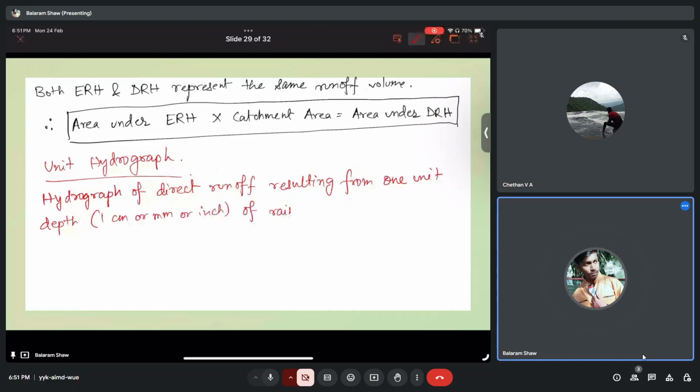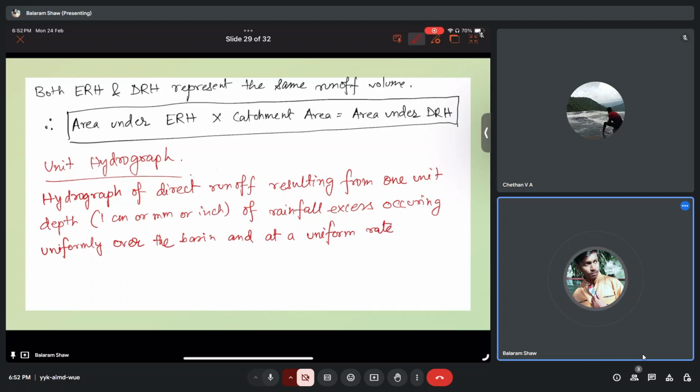rainfall excess or effective rainfall occurring uniformly over the basin and at a uniform rate for a specified duration,